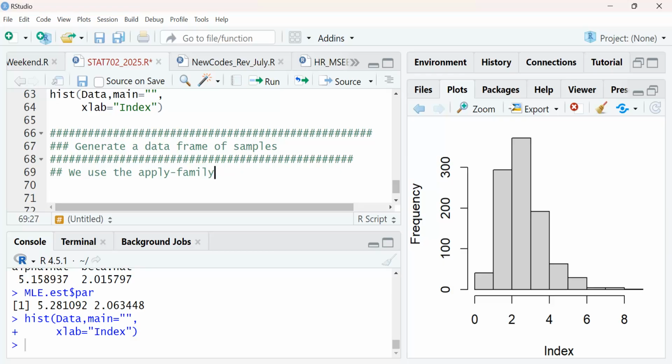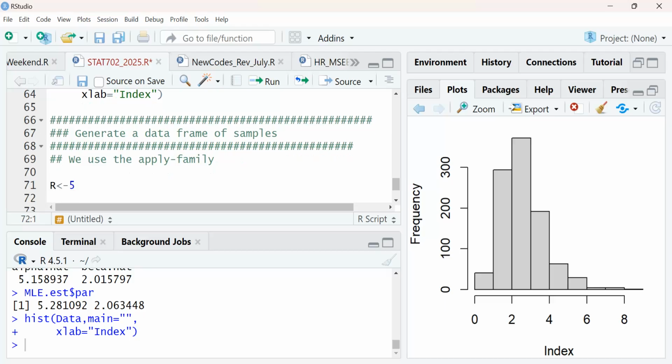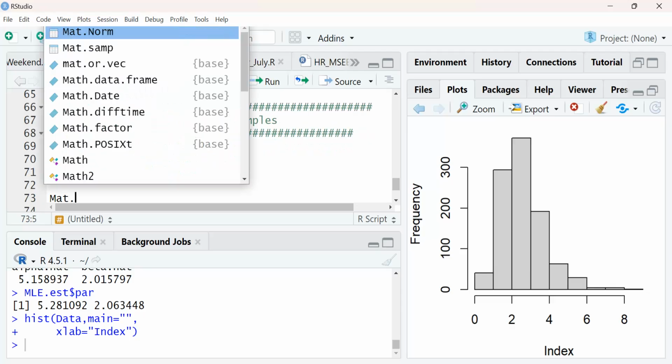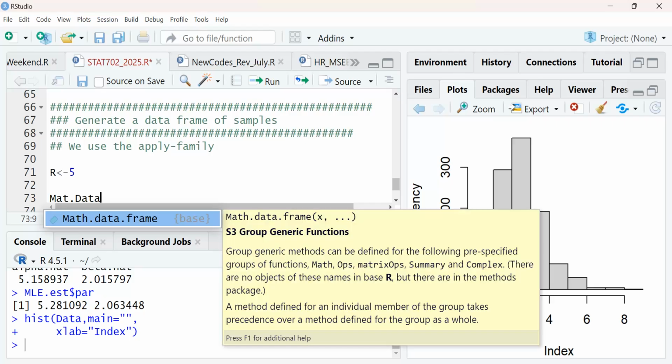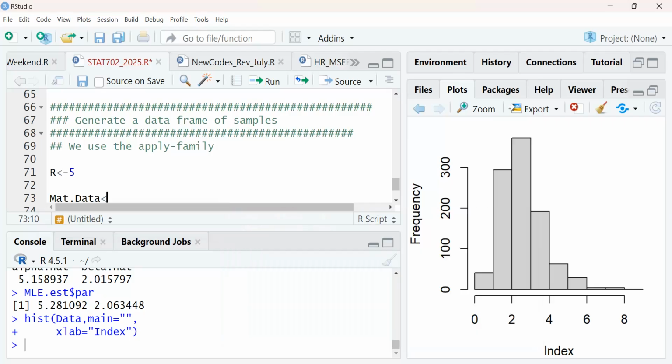So let's see. Okay, so they apply. In simple terms, it works usually on a data frame, rectangular. So what we are going to do is use, we will need the number of repetitions we want to do. So we are going to do that 5. For a start, I want it to be simple, but we have to increase this to like 1,000. Then let's name that math data. So it's like a matrix data, right? So how do I do it?